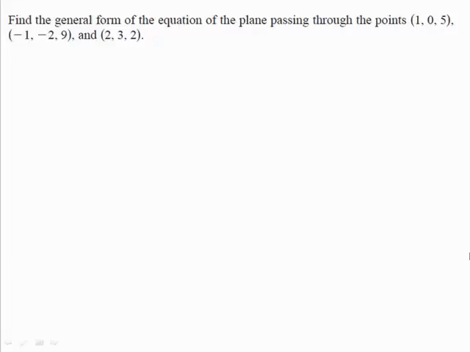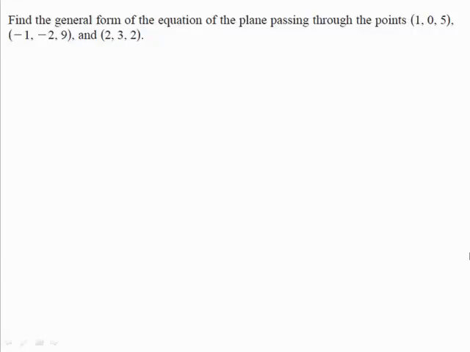Find the general form of the equation of the plane passing through the points (1, 0, 5), (negative 1, negative 2, 9), and (2, 3, 2). To find the equation of the plane, you need a point in the plane and a vector that is normal to the plane. There are three choices for the point, but no normal vector is given. To obtain a normal vector, use the cross product of vectors u and v, extending from the point (1, 0, 5) to the points (negative 1, negative 2, 9) and (2, 3, 2),